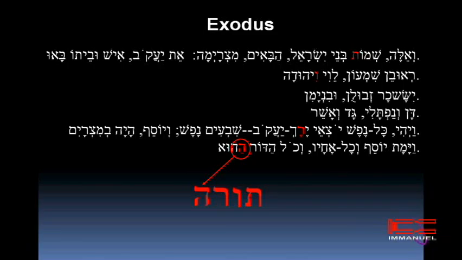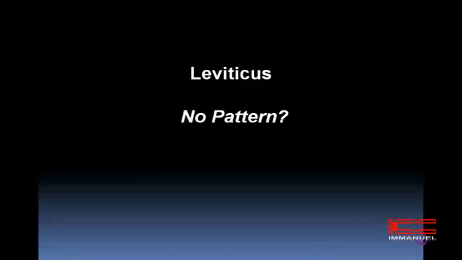Once again, in Exodus, we read Torah. So the pattern continues. Whatever the probability was in the first Genesis, you're going to have to score that in order to get this again. So the probability just jumped quite high. It's going to be very, very difficult for a human to actually sit down and design this. Let's continue. Leviticus. Ready? There's no pattern.